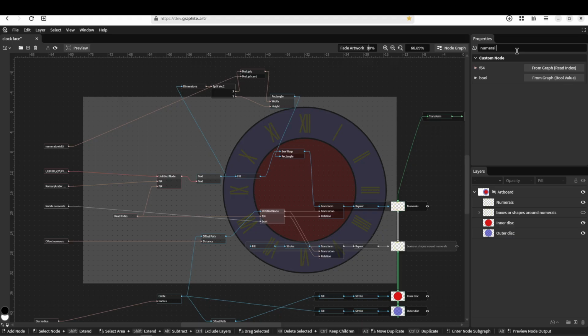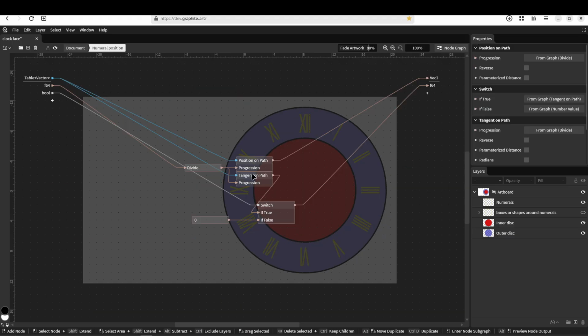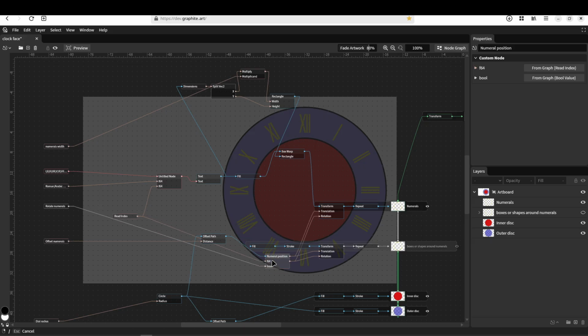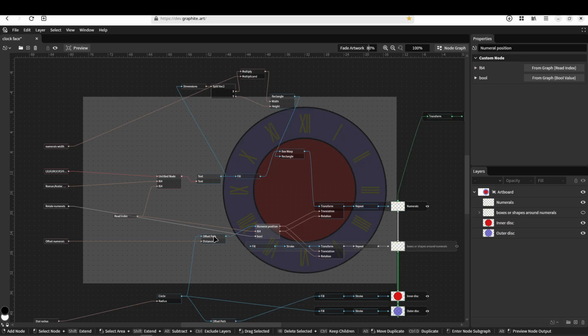Numeral position. If I double click here, I can see what's in there. So this is the position on the path and the rotation or not. Okay, to go back to the document, click here. So this was to tidy it up a little bit. Okay, so okay. Now